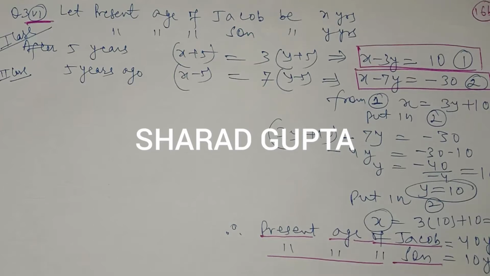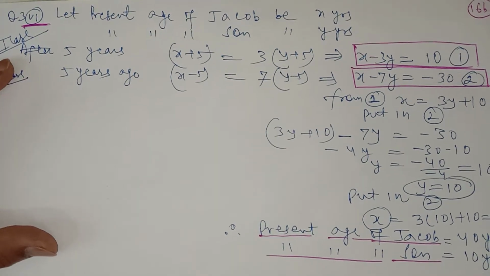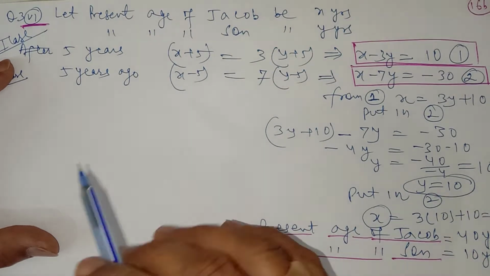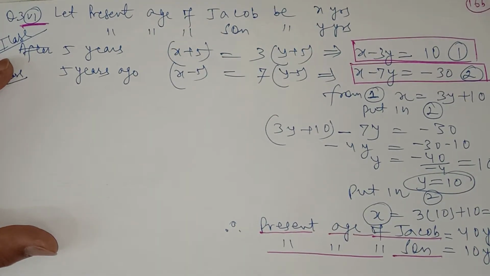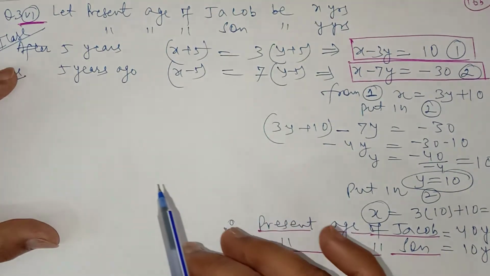This is lecture number 6 for linear equations in two variables of class 10th, and we're discussing the third exercise, question number 3. I think we have done up to the fifth part of question number 3. In the sixth part of this question, it is given that after 5 years the age of Jacob is 3